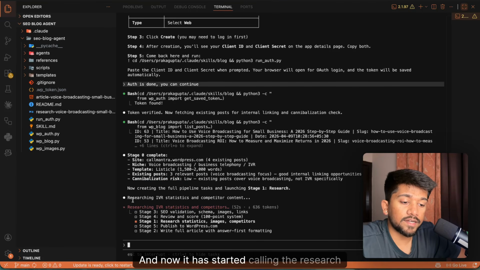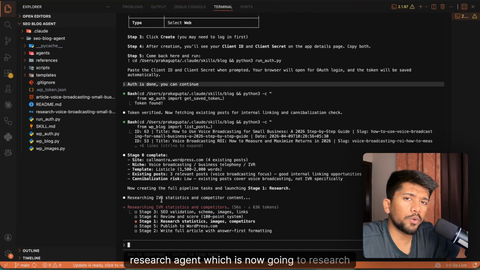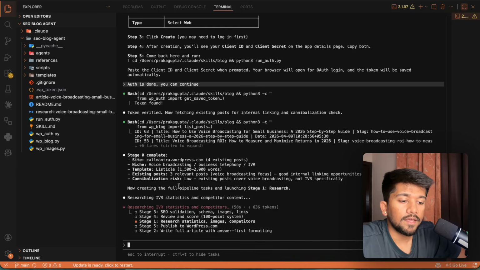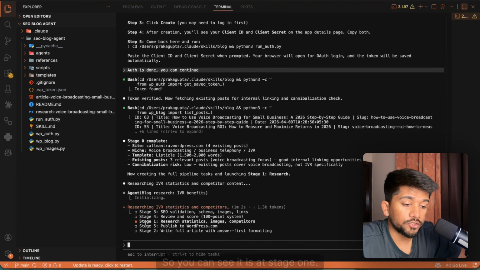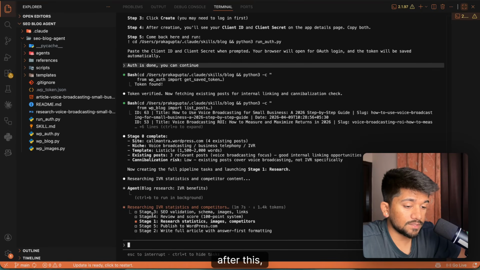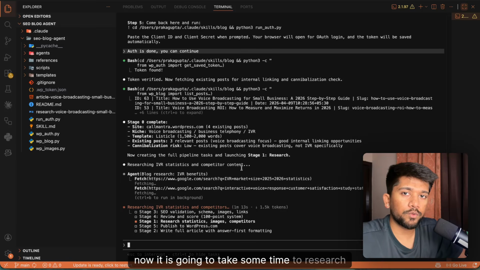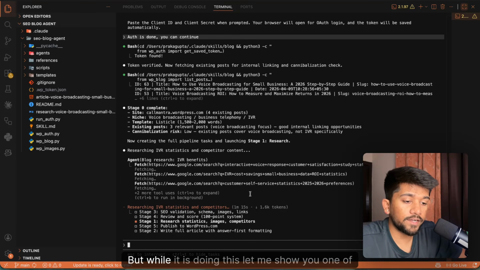And now it has started calling the research agent, which is now going to research about the entire topic. While it is doing this, it is also showing me the entire progress tab. So you can see it is at stage 1, then it is going to stage 2, after this stage 3, 4 and then stage 5. Now it is going to take some time to research about the entire blog, but while it is doing this,